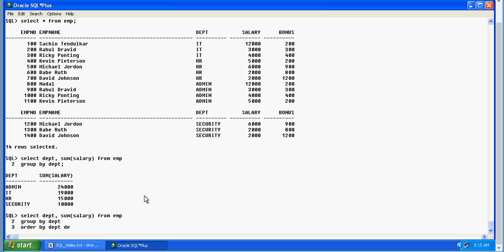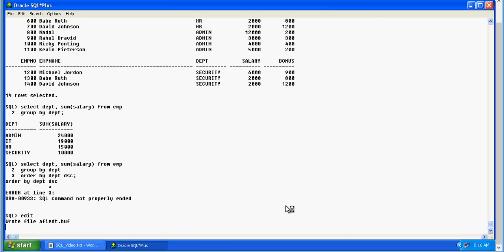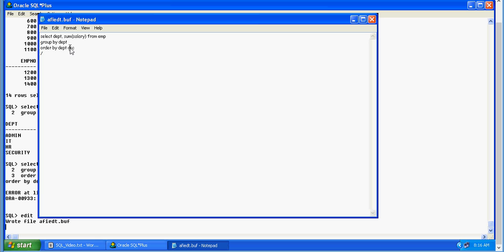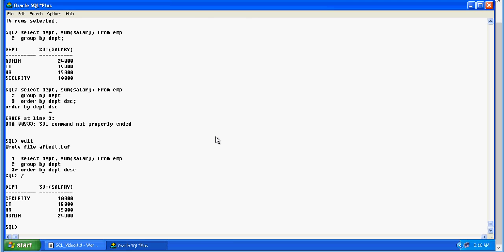Oops, I'm sorry, DESC. So you can see that the order by in this case gave me the output as security, IT, HR, and admin.